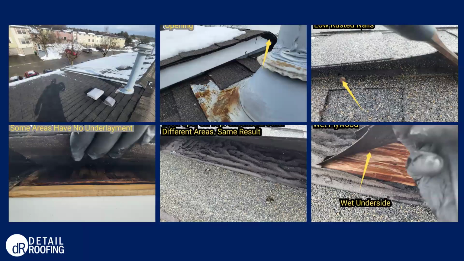So for this reason, we would just say that if you are having a replacement done, third-party oversight is so important, both to determine the specifications for the replacement and just to make sure that it is being completed to those specifications, and you're not having any issues that are going to result in leaks in the years shortly following a roof replacement. We've come across so many cases where it's not always within the first year, but anything between 2 to 5 years, which is not a long time after the roof is replaced. It should last you much longer than that before you start to see any leaks from things like natural aging or weather damages. So make sure that you have that oversight in place so that these things aren't being missed.